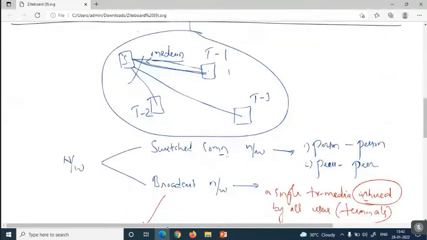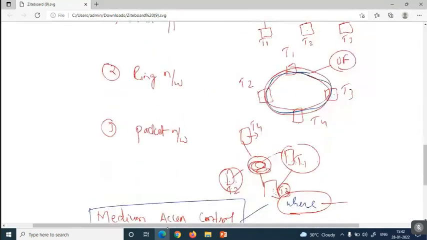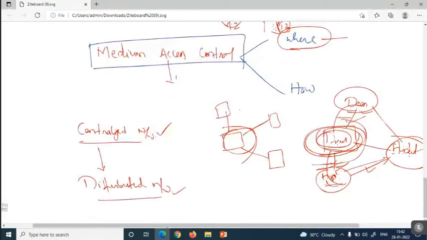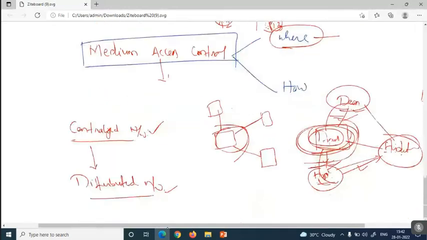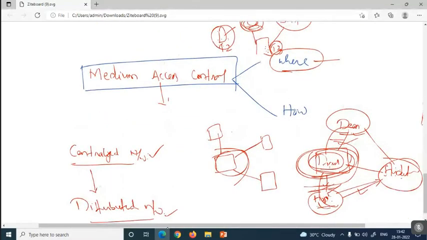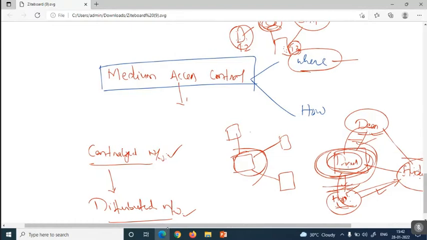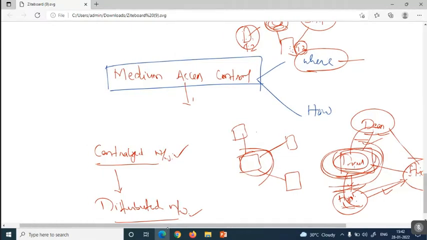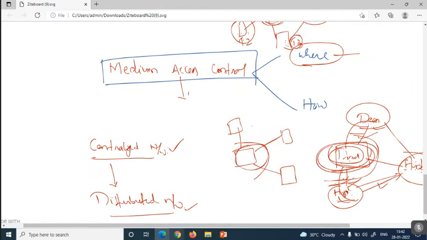In this scenario, the MAC is responsible for determining the specified or desired destination device and how the data is going to be transferred there, depending upon centralized networking and distributed networking. Now we have completed this desired destination selection. Next is how the data is going to be transferred to those number of terminals.